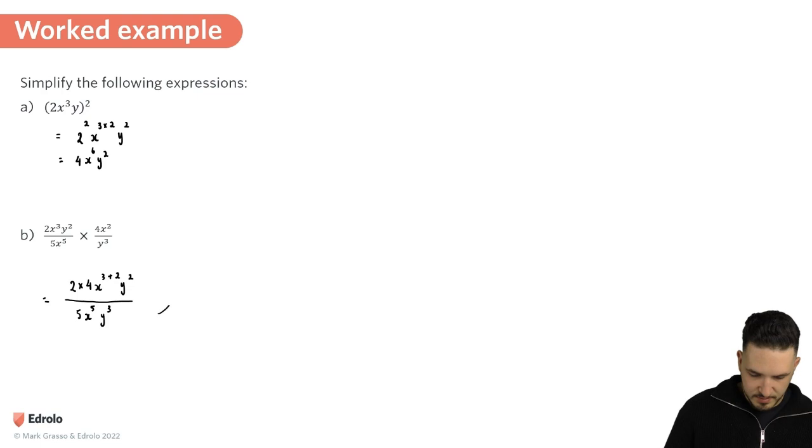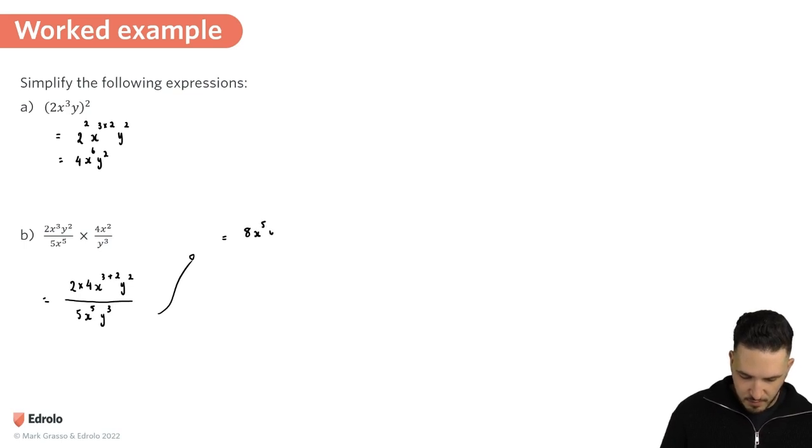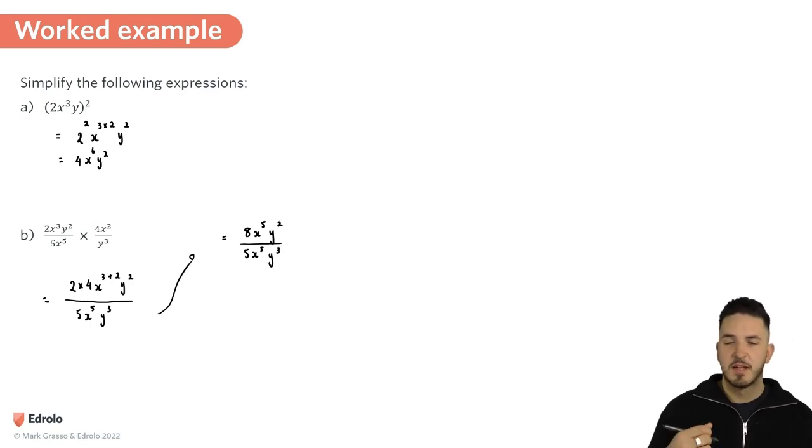Yeah, we've got some space. Let's bring it up here. Why not? So now 2 times 4 gives you 8. So we have 8x to the power of 5 y squared divided by 5x to the power of 5 y cubed. So x to the power of 5, when we're dividing